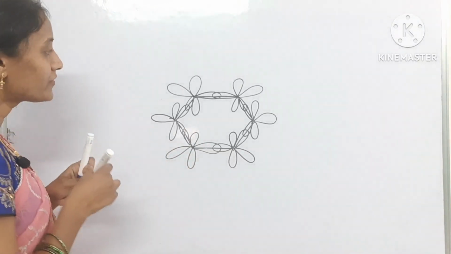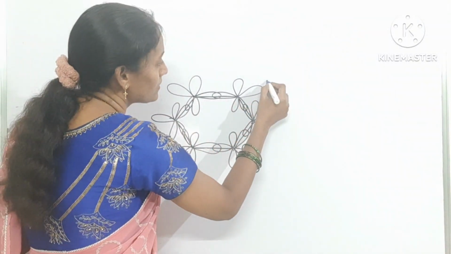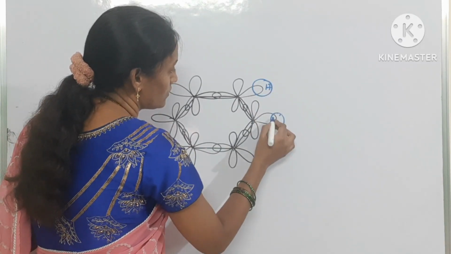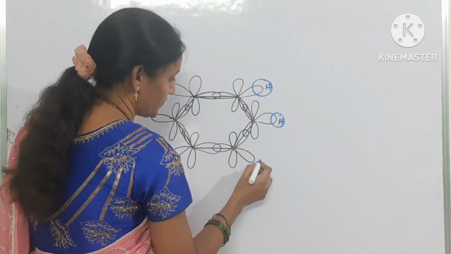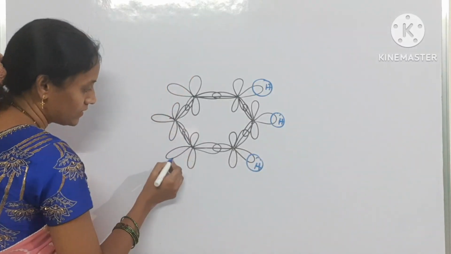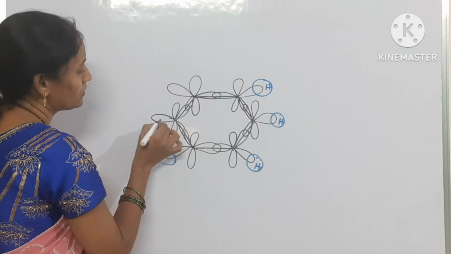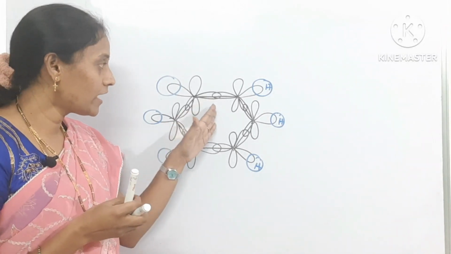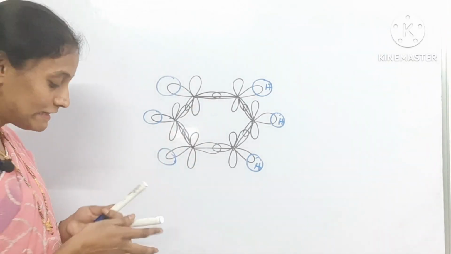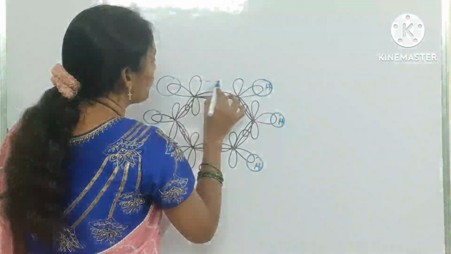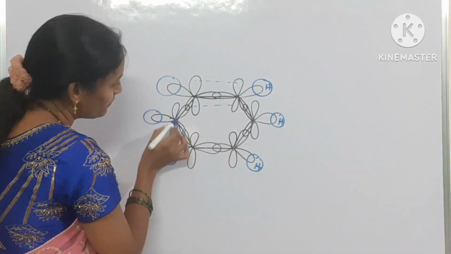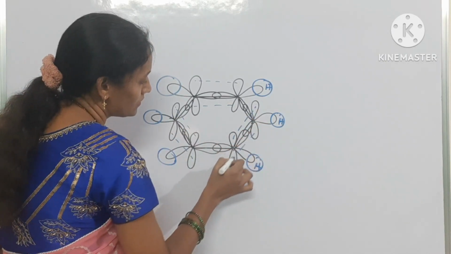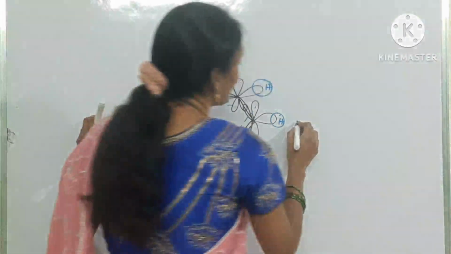Then after this is the third hybrid orbital, sp2. This is the hydrogen, and here also this is the hydrogen. This is the hydrogen, this is the hydrogen. The remaining unhybridized p orbitals are there. See, these unhybridized p orbitals are going to overlap sideways. See, this one. Listen, here it is. So if the overlapping happens like this,